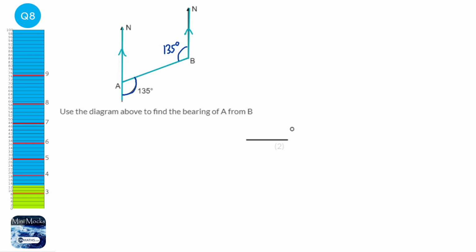So we can say that that is 135, and I always like to try and show the examiner the reasons, so that's because it's alternate angles,